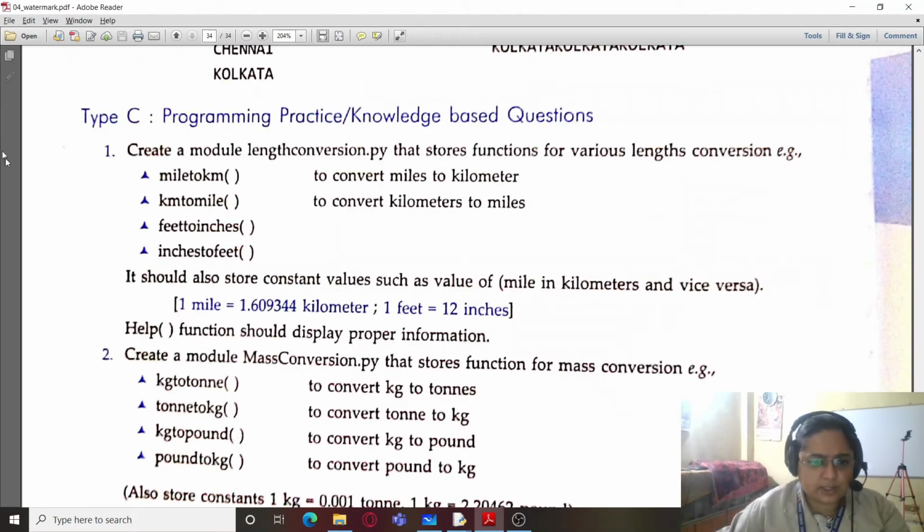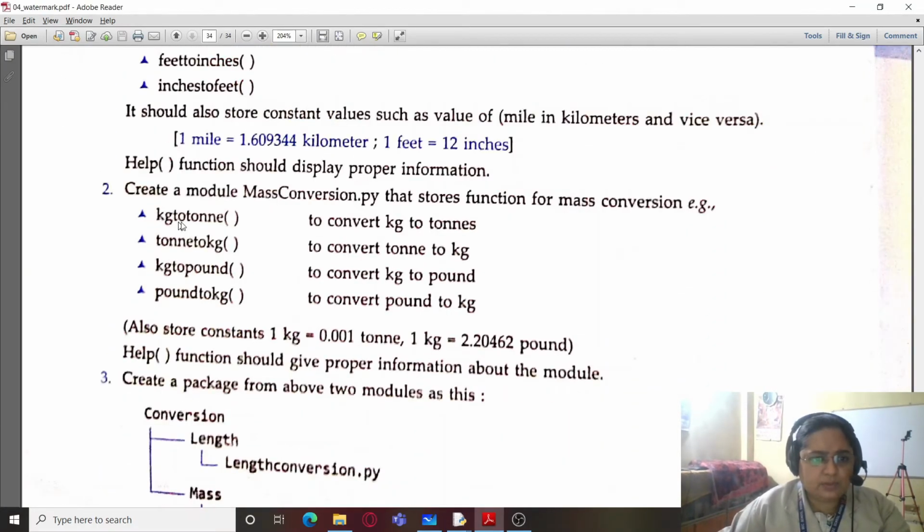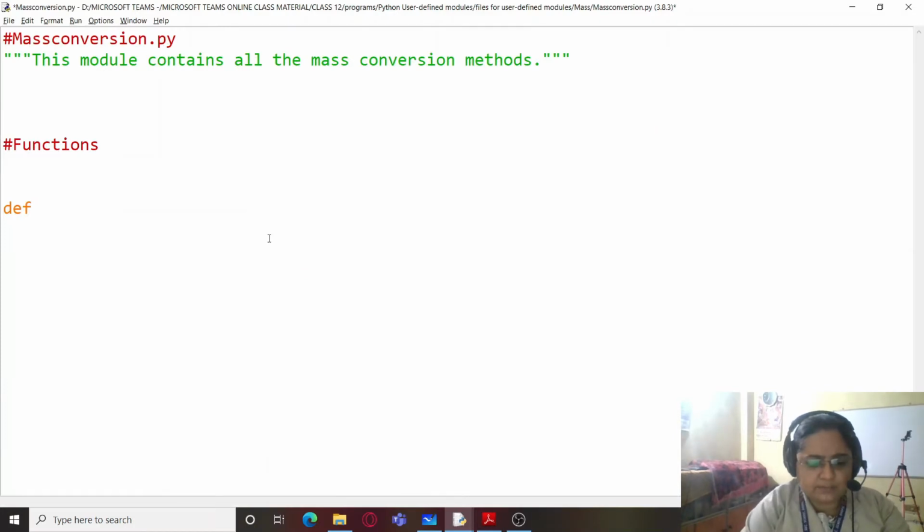So the first function here is kg to ton. So that is what we have to do. So kg_to_ton. And let's take x over here, and within this I'll be writing Returns x converted from kg, kilograms, to tons.